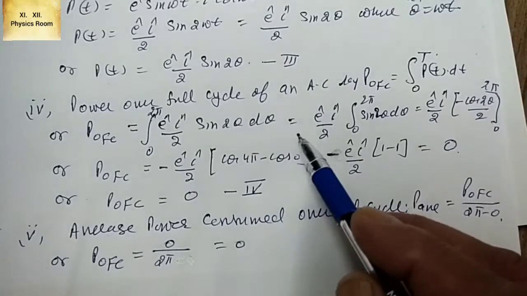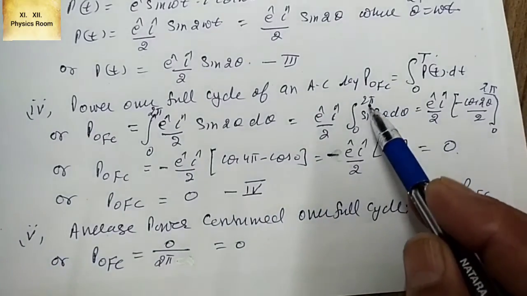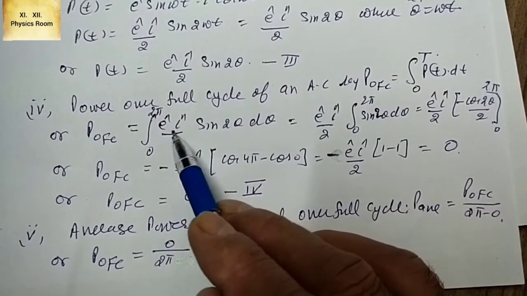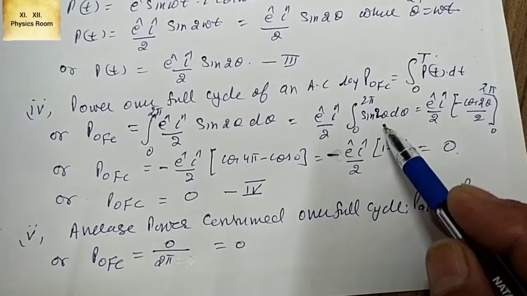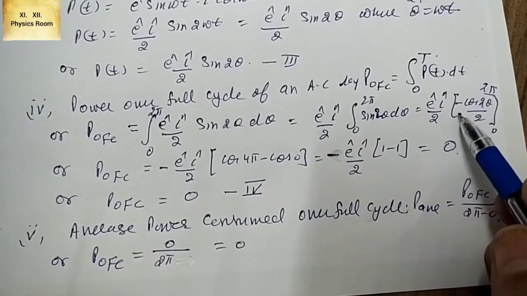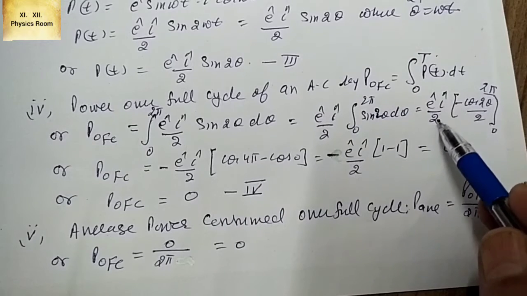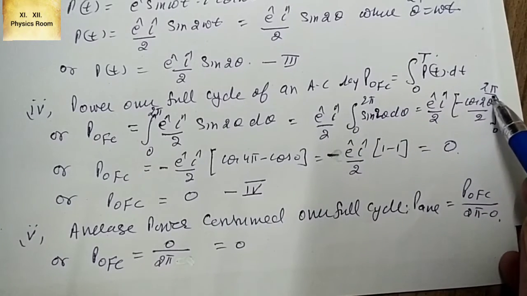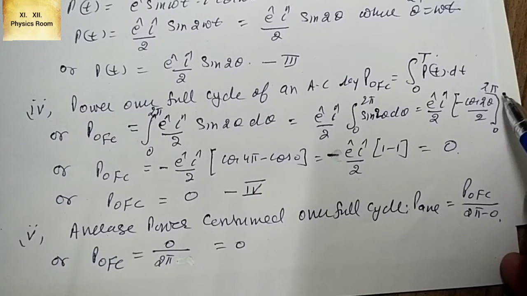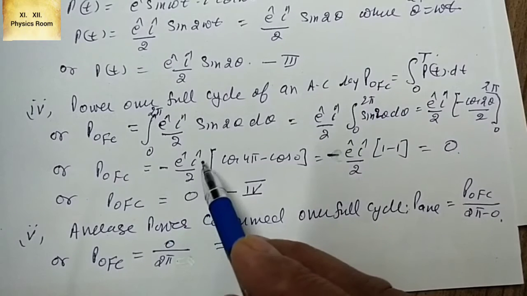Okay, so it is equal to E max I max by 2 sin 2 theta d theta, 0 to 2 pi. We take this term outside the integration. Now it is equal to E max I max by 2 into minus cos 2 theta by 2, limits 0 to 2 pi. Limits come afterwards. So power over full cycle is equal to minus E max I max by 2